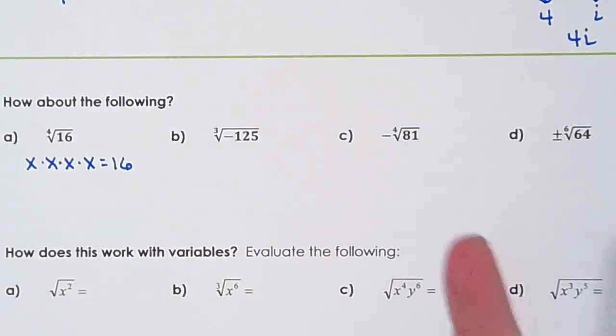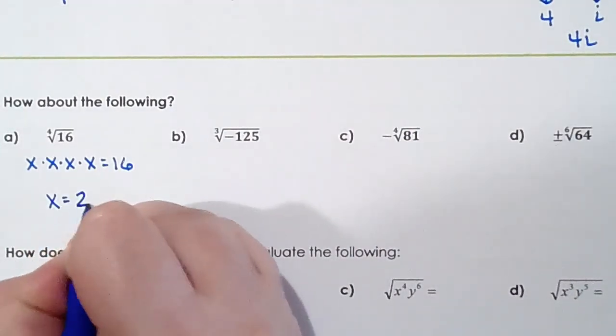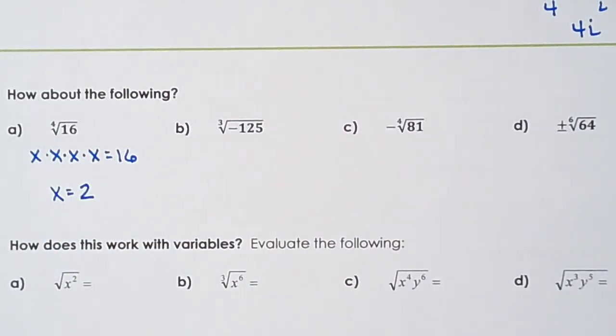2 times 2 is 4. 4 times 2 is 8. 8 times 2 is 16. So this is x equals 2. Again, technically it's plus or minus. I'm not going to be doing that in this video until the very end when we talk about the idea